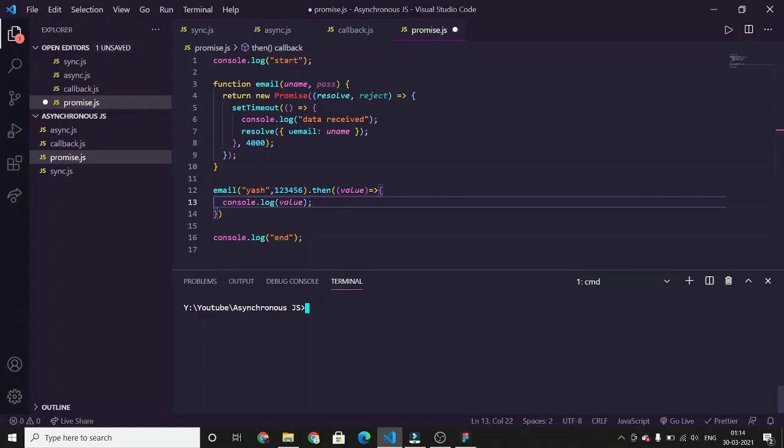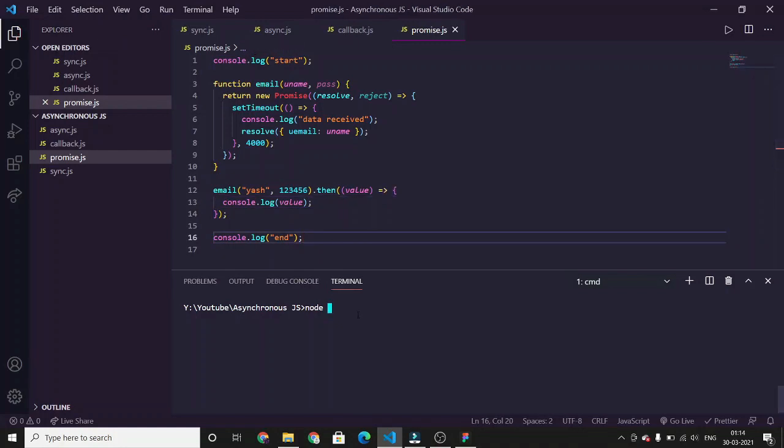So let's run it. First let's save it. promise.js. So after start and end, it is waiting for 4 seconds, and then it is printing the object.